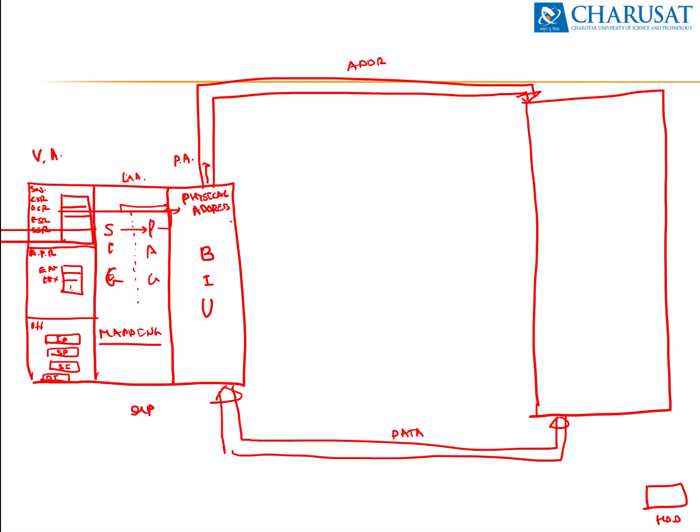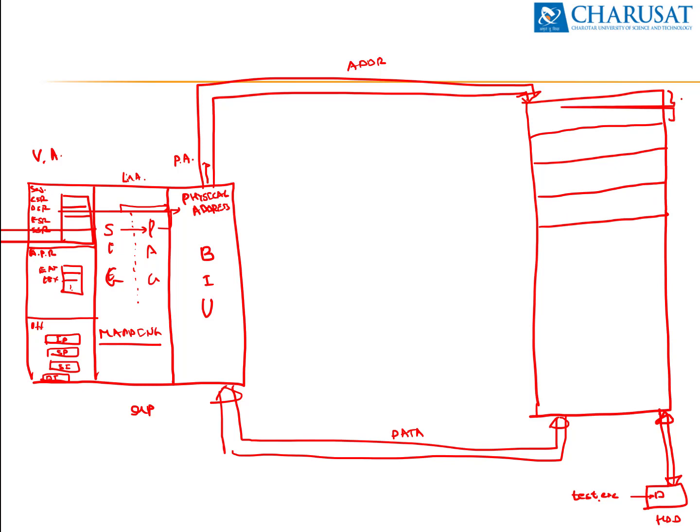Now consider the test.exe file available over here. The user double clicks on the exe. Test.exe is transferred into memory, and in memory, as we know very well, it creates four segments. The first segment is the code segment, the second is the data segment, the third is the extra segment, and the fourth is the stack segment.